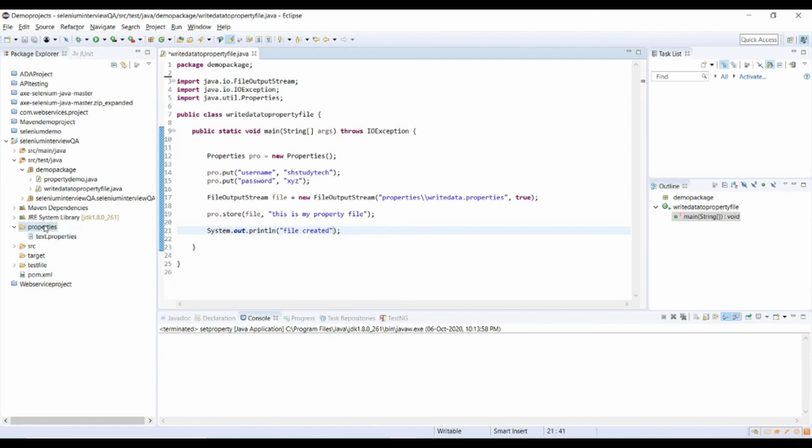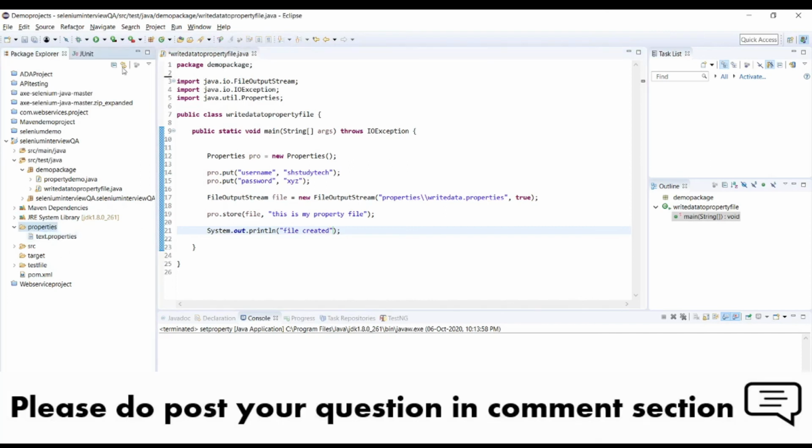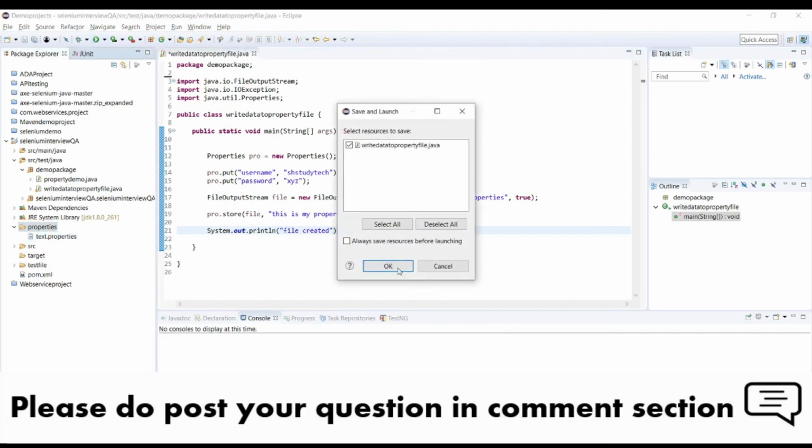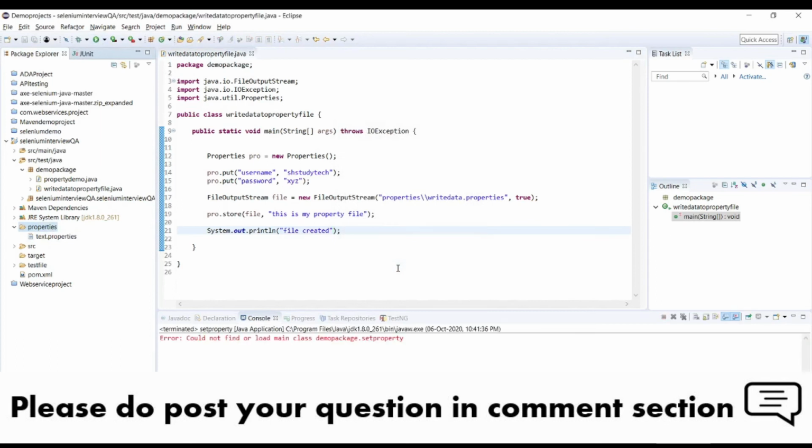Currently I don't have any file. I am using writedata.properties, and there is no writedata.properties here. Let me run this program. It says something is wrong with the demo package. Where is it?